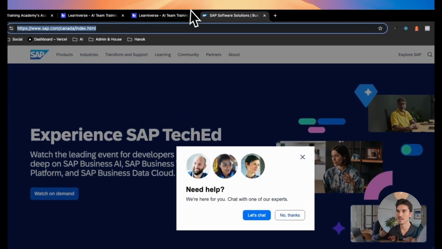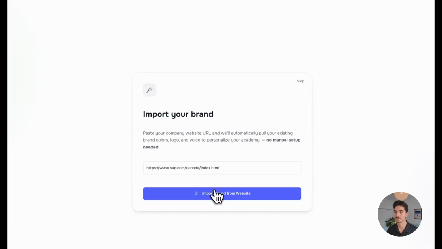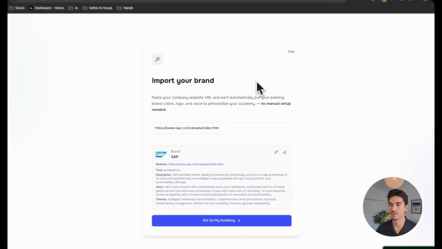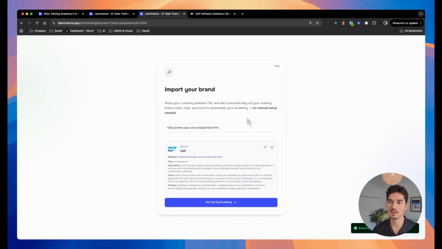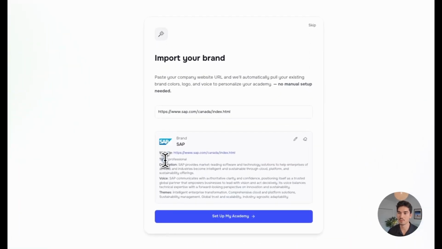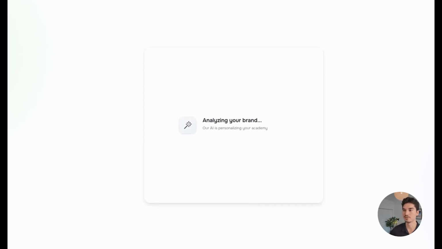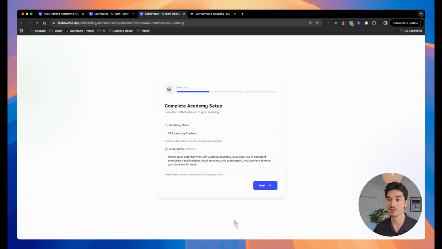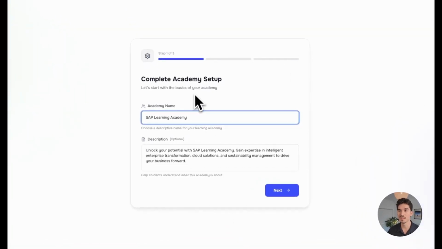So let's use as an example the SAP website. You just click import, and Learniverse AI is going to analyze the website and determine the appropriate tone, description, voice, and themes of your brand. Next, you can set up your academy. All right, and now as simple as that, the only thing you need to do is confirm and customize the